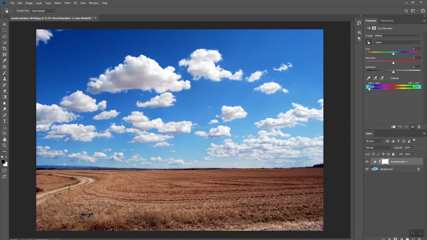Or you can just manually select the range by clicking and dragging the points here, and you can select the range of the colors you want. So the next step is changing the hue, and here we have the hue slider. Just click and drag around where you can find the color or the tone of your choice. I don't want to go to the purple or the yellow tone, so I'm going to drag it left, and almost I'm going to be here,